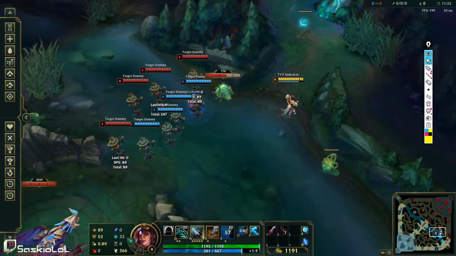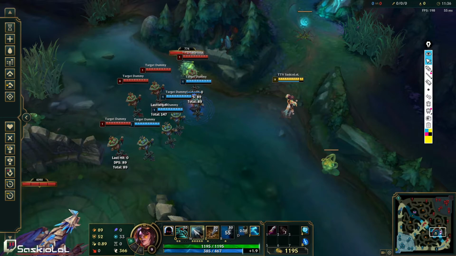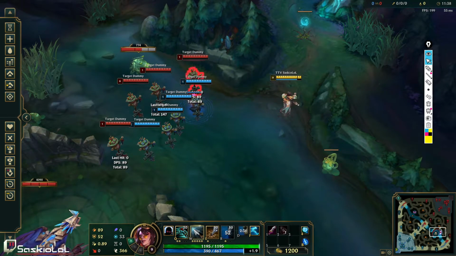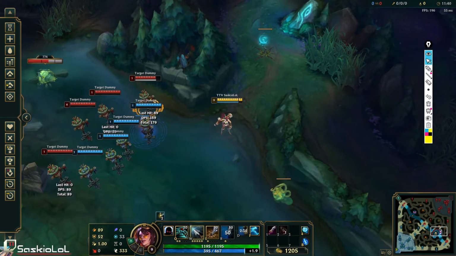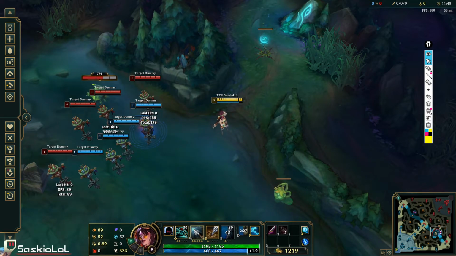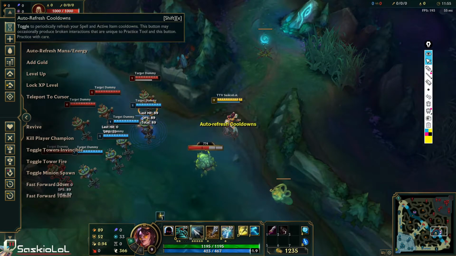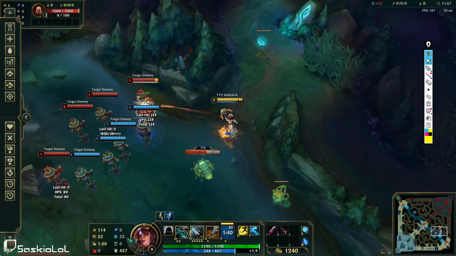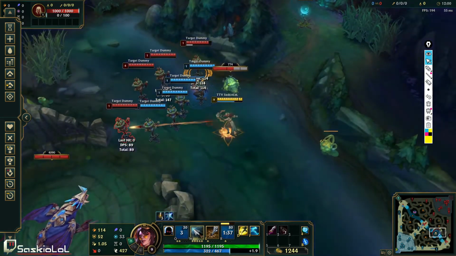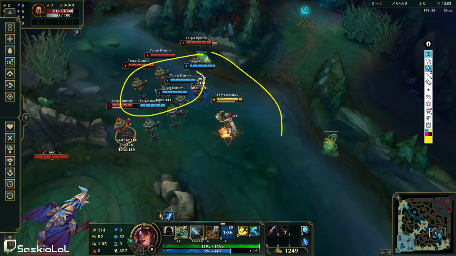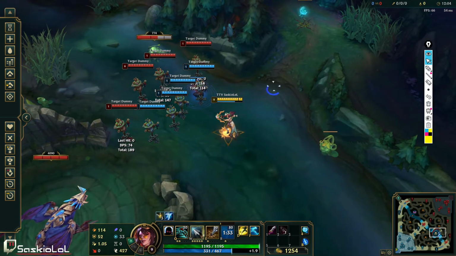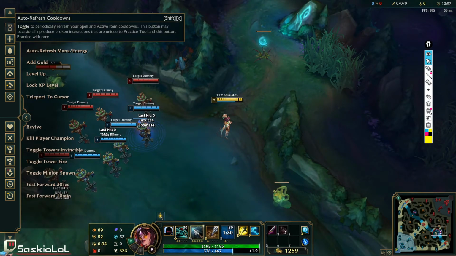As Vayne in particular, or even any other ADC, there's something that I like to call the blow-up play, okay? It's when you're holding your 1v1, then all of a sudden you see an angle to blow up, right? This is where you essentially just go into multiple people's zone of influence on purpose. Because, let's say the enemy ADC right here gets stunned, right? He gets stunned. You see, oh, there's a blow-up opportunity. You're 1v1ing this guy, you're like, oh, boom. Now you blow up, now you're inside everyone's zone of influence, right? So if you ever do this, be ready to dodge stuff when it comes out, okay?